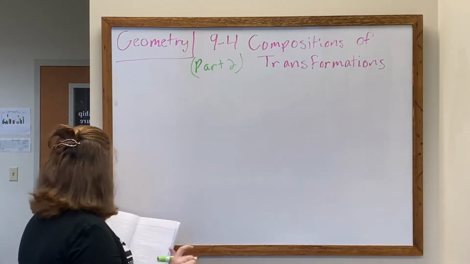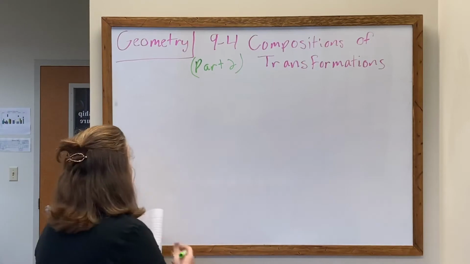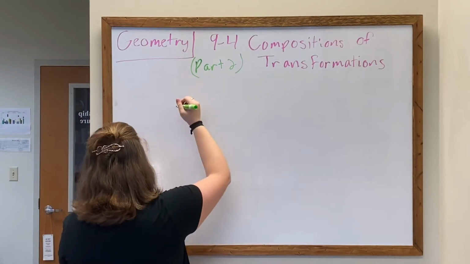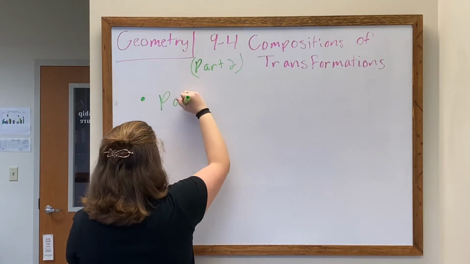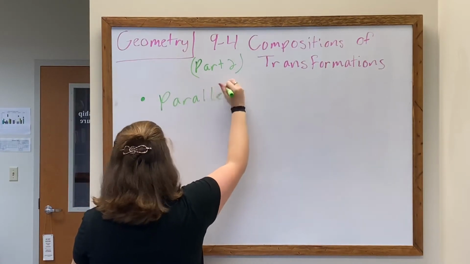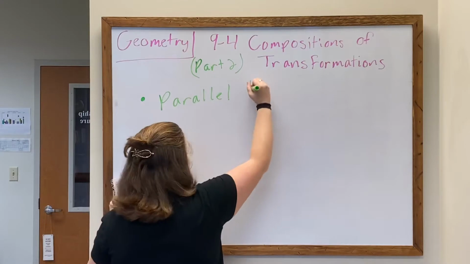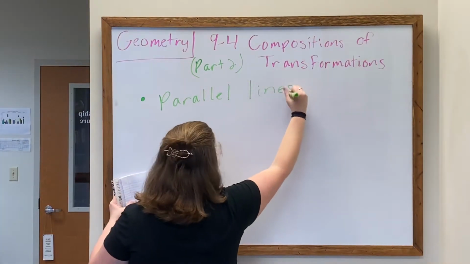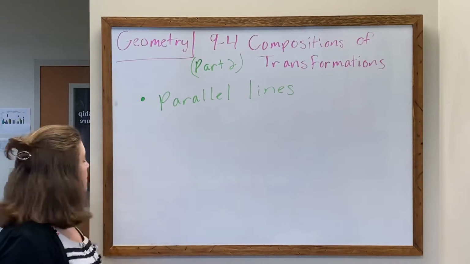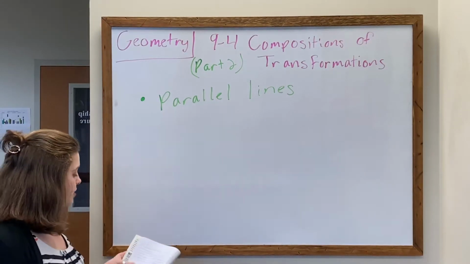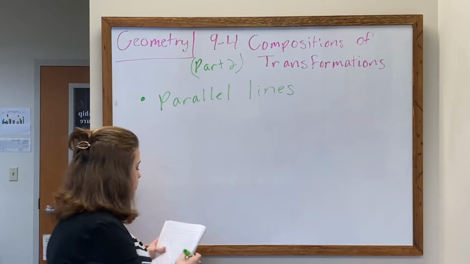We can have a reflection over parallel lines and intersecting lines. Those are our two options. Our lines of reflection can either be parallel or they intersect each other. So first things first, if we have two parallel lines,